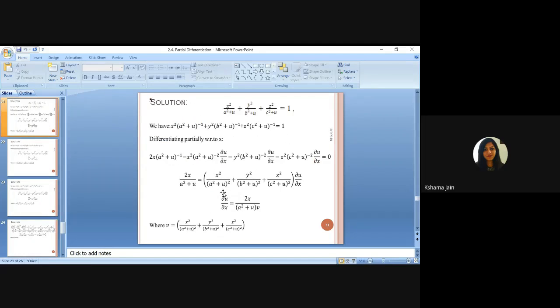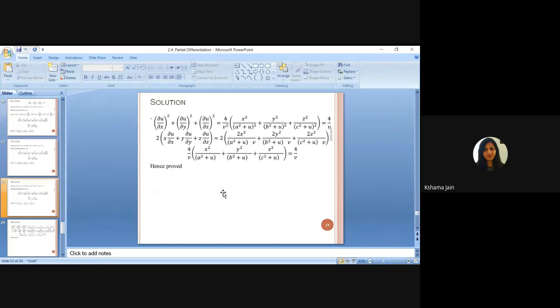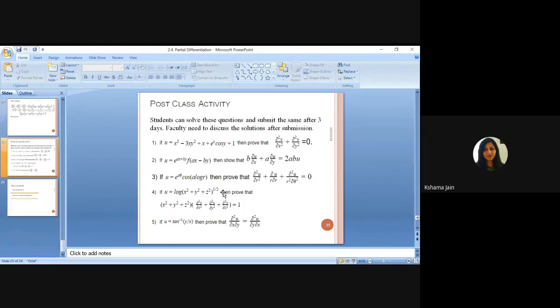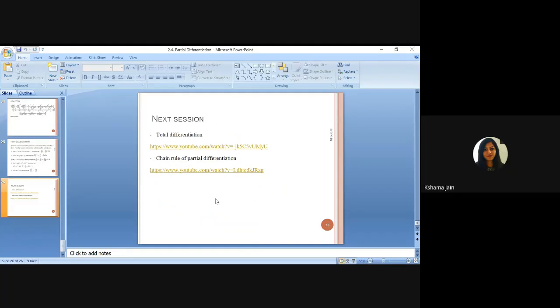So this module is a very easy unit and very much scoring. I remember my students got their best score in the second IA only because of this unit. So this is partial differentiation, not the complete, but the basics. This was the starting. I will open the next slide.